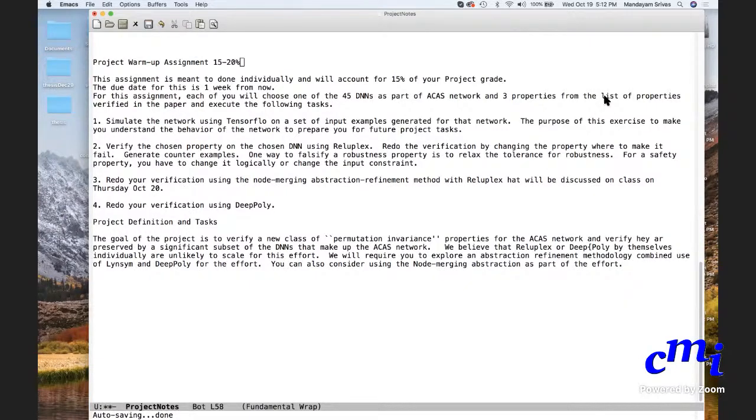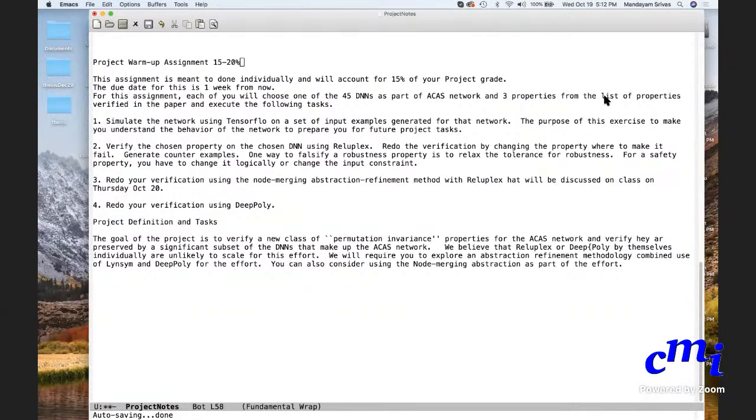I'm assuming they have some safety properties, where something bad should never happen, and other properties which say that whenever something good happens, the same good should happen for some perturbation, like robustness. Do they have both kinds of properties?